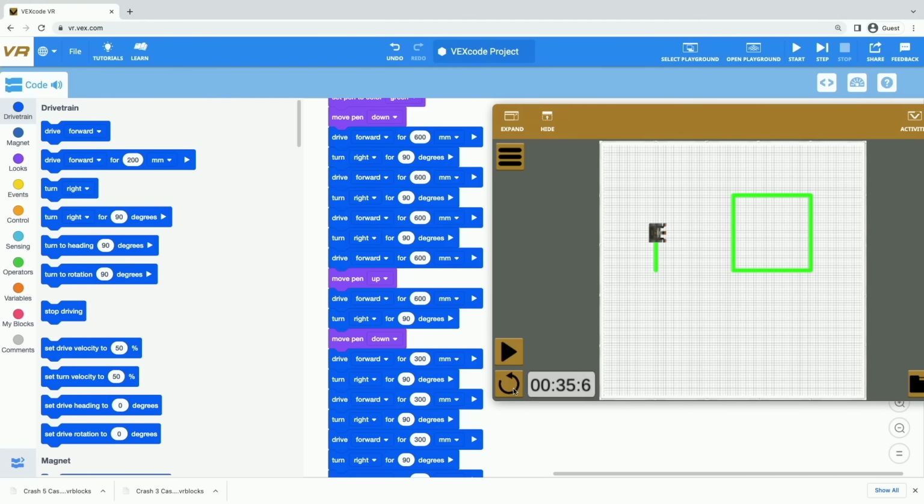All righty, here's the test. Let's see if we've met the challenge to draw two squares of two sizes that are not connected. Here we go. We've got our first square looking good. Here goes the second one: side, two sides, three sides, four sides. Look at that. We did it. We have made two squares where one is exactly half the size of the other, and they're not touching each other, so we have met the challenge.